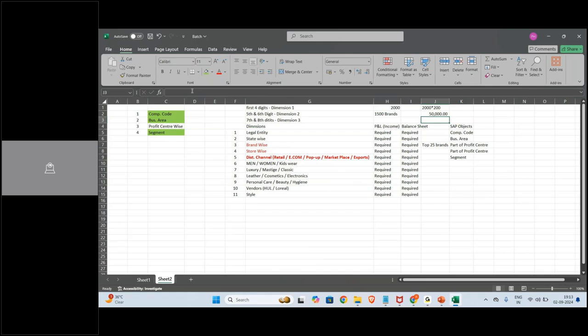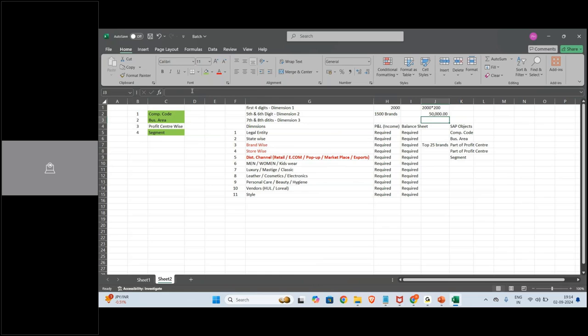But forget about IFRS. You are running a segment-wise business, a separate number. You are running a business, right? Are you not interested in knowing which particular brand is giving you maximum profit? We should know. Don't you want to know whether it is the luxury segment or the classic segment which is giving you more profit?